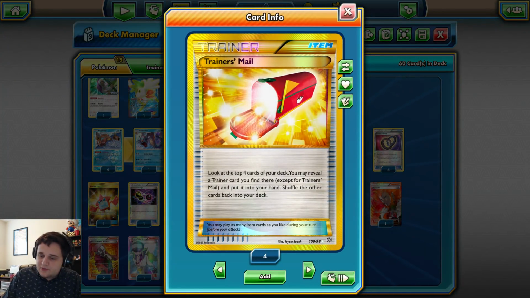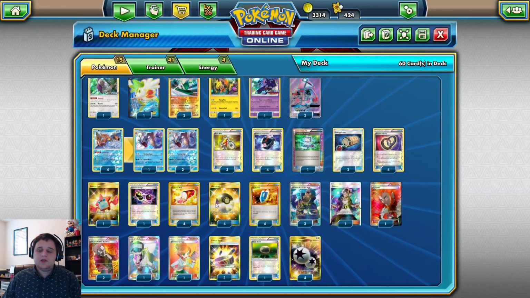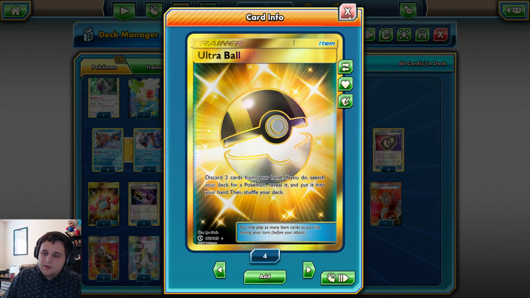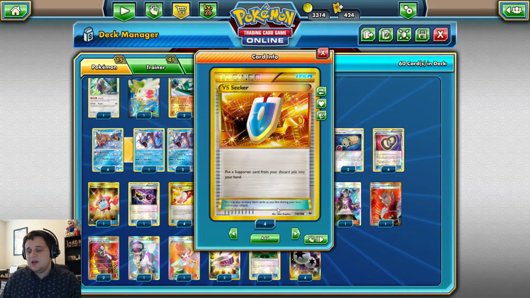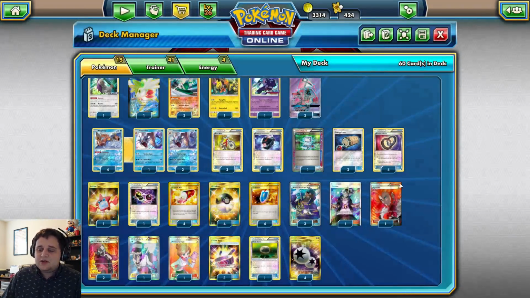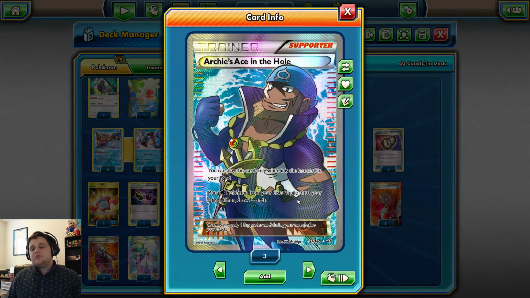We've got 1 copy of Special Charge, letting us put some DCEs back in the deck. 4 copies of Trainers' Mail, another digging card that we can play at any time. 4 Ultra Ball, just a way to thin our hand size down and help us pull off that Archies. We've got 4 copies of VS Seeker, letting us reuse any of these supporters,